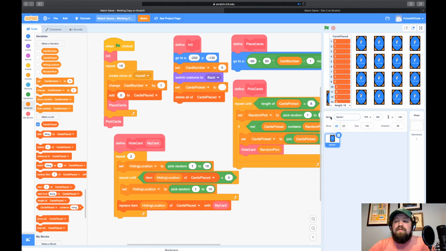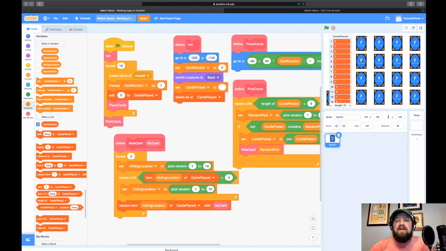Now, thankfully, we want to check when somebody clicks on any one of these cards. And when they click on the card, we need to do a couple things. If it's the first card we picked, we need to just flip it over, and then remember what that card number was so that we can compare to the second card we flip.